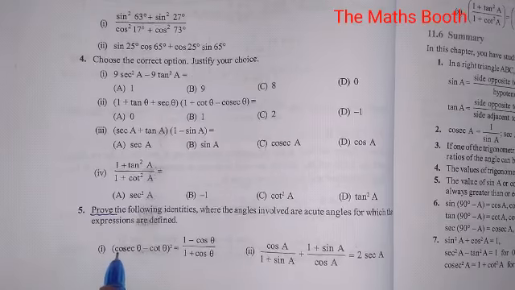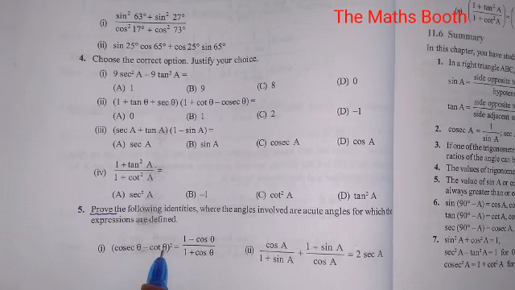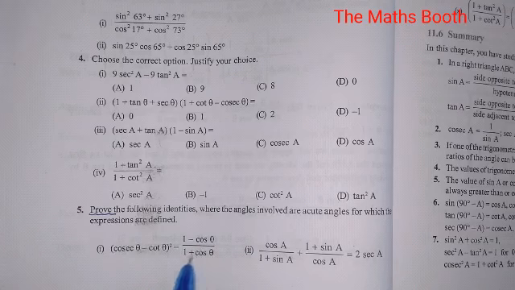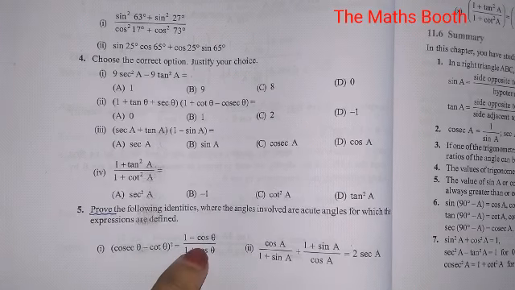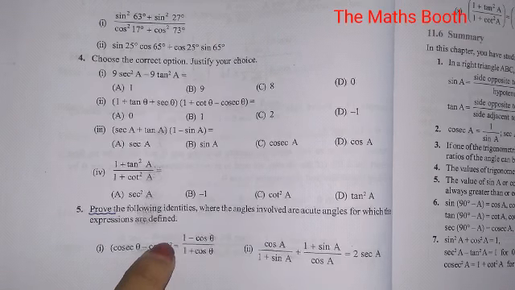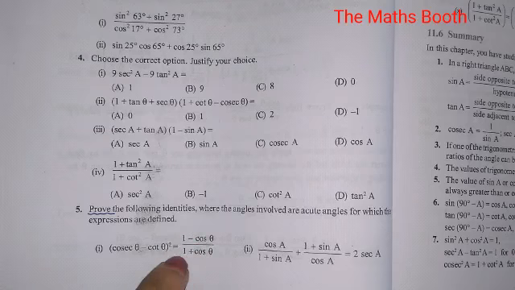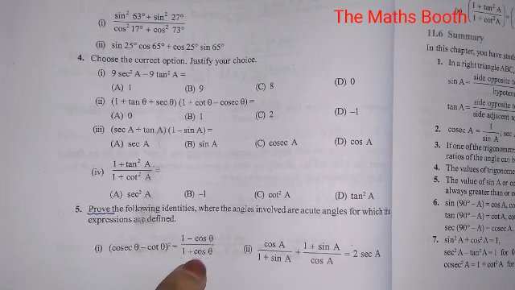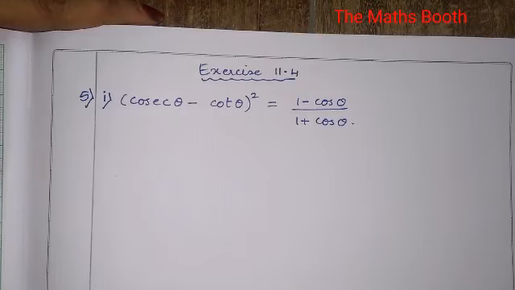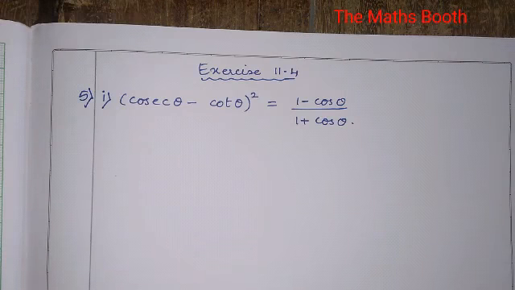The fifth main is very important. First one: (cosec theta minus cot theta) whole square is equal to (1 minus cos theta) upon (1 plus cos theta). This we have to prove. Prove that (cosec theta minus cot theta) whole square is equal to (1 minus cos theta) upon (1 plus cos theta), which is a very important question. So I have written it here. Let us take LHS is equal to